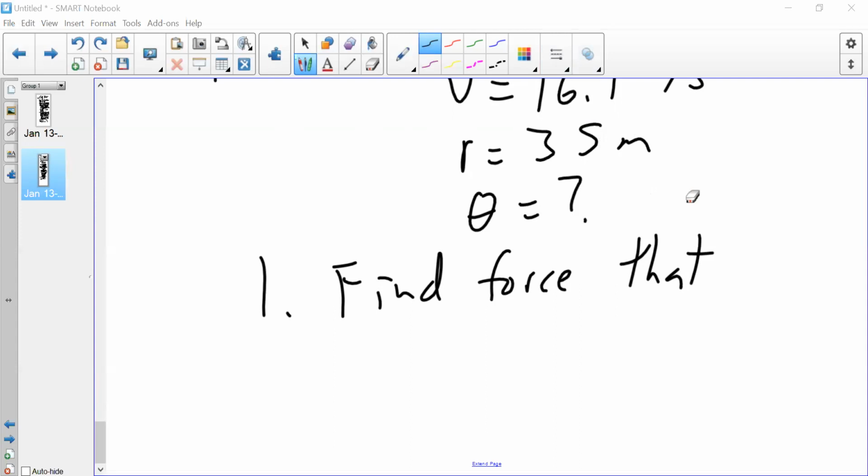Correct, because that's the only force that points to the center. And that would be the static. Find the force that causes the centripetal force